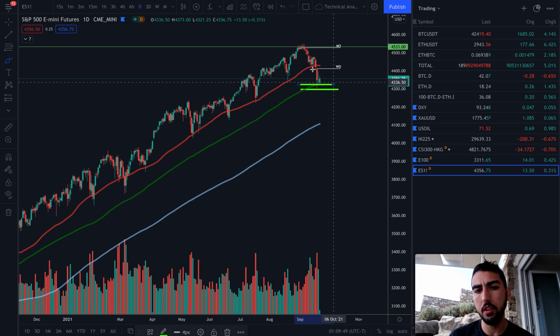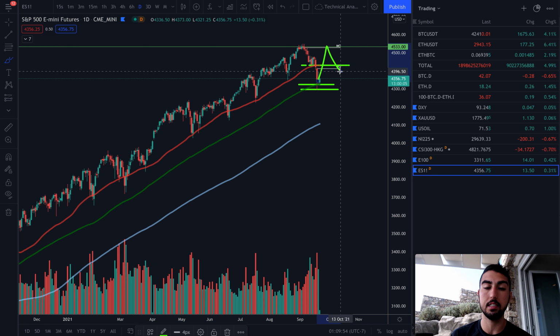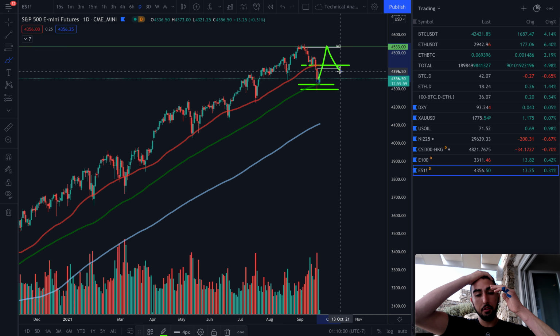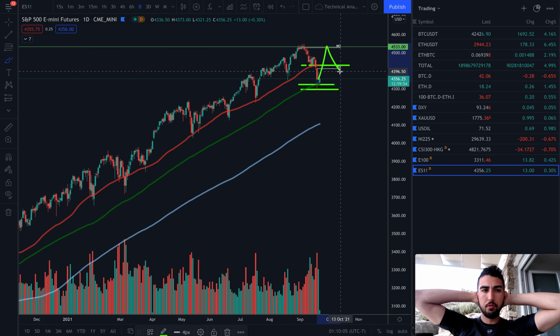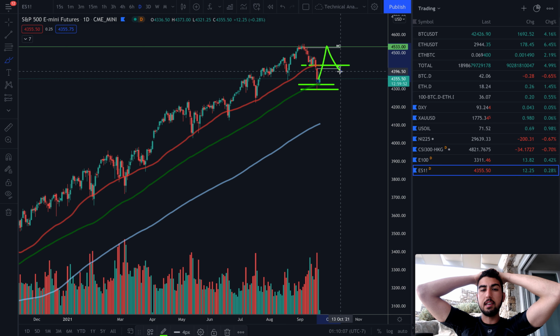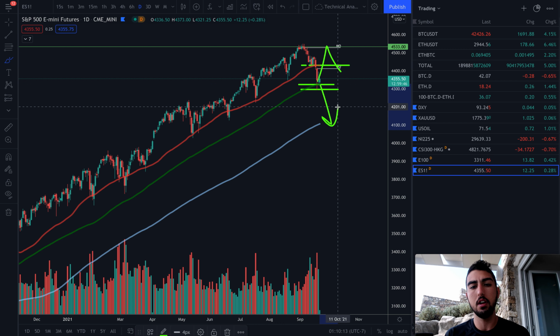So we really want to monitor this. If we get above the 50-day moving average, that could buy the cryptocurrency market some time. We can start looking at some upside scenarios. That gives the cryptocurrency market a much healthier environment. But if we start to break below this 100-day moving average at 4,300 for the S&P 500 E-mini futures contract, that could be a huge concern for me, because that would assume a very negative environment for the cryptocurrency market